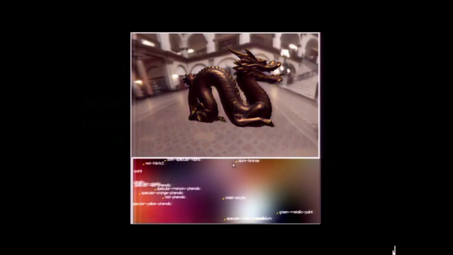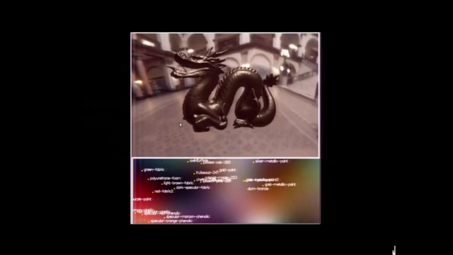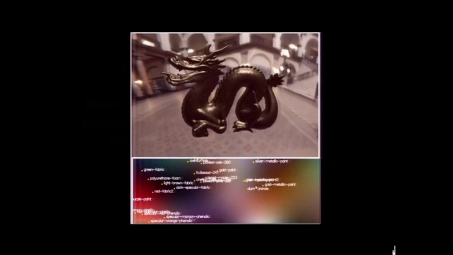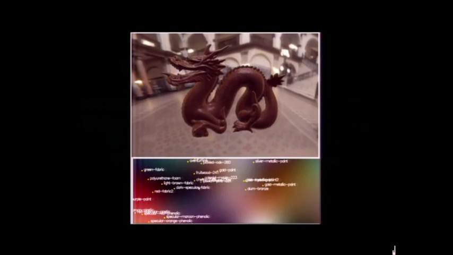So again, here we showed, as you move between all these materials, these materials have been acquired by somebody. It's a publicly available database. And remember, each measured material is 4 dimensions, because for each material, there's an incident ray, there's an outgoing ray, and there's a probability density associated with every pair of incident and outgoing. So it's 2D, 2D, 2 cross 2 to 4D, and for every 4D point you have a probability density. That's what you measure. If you're doing colored materials, then it's 3 probability densities, one for red, one for green,